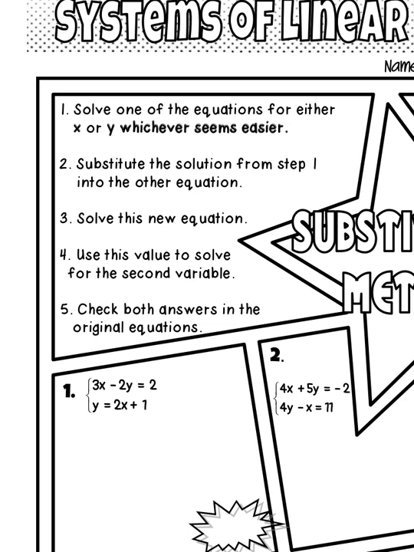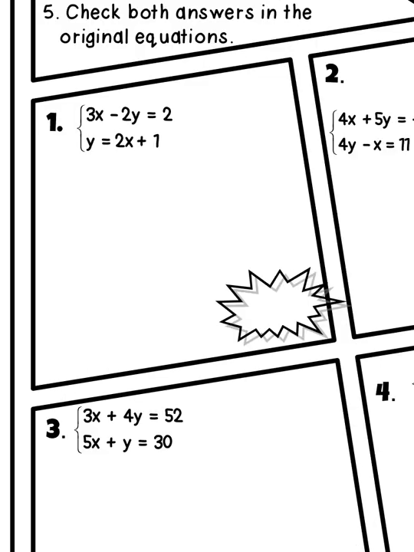We have 3x minus 2y equals 2, y equals 2x plus 1, and you notice that one of the equations is already solved for y, so we're just going to substitute into the other equation. Sometimes it's not that obvious, but in this case it is. So I have 3x minus 2 parentheses, and I'm going to substitute this equation in for y. So we have 2x plus 1